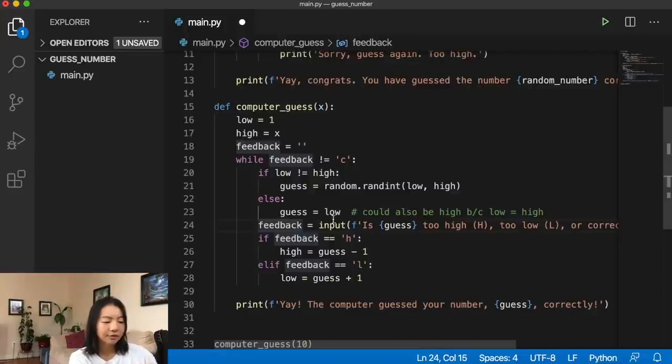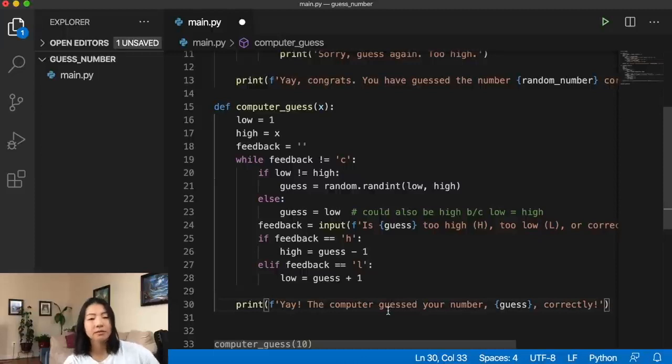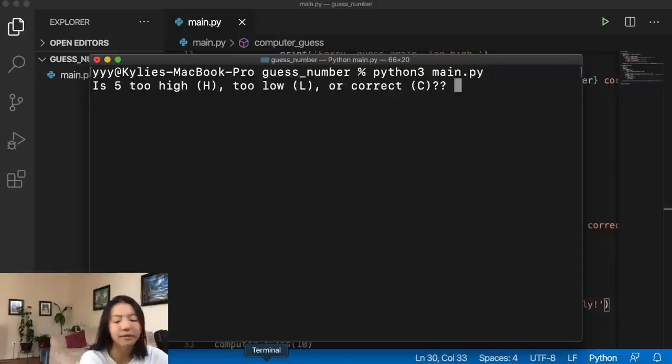All right, so then our feedback actually puts this number into here and it prompts the user to say, hey, that's right. So then at the very end, we're saying, okay, the computer guessed your number, guess correctly. All right, let's try this. 5, oh shoot, I need to